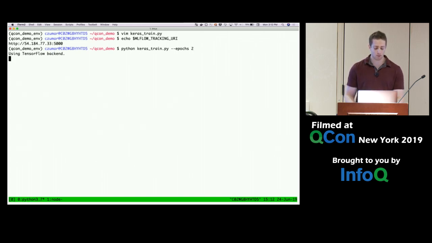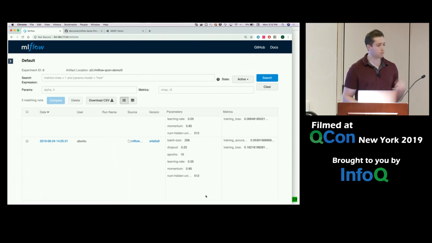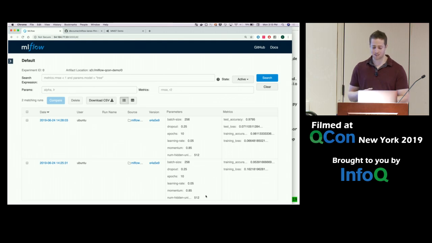While this runs, I'll hop over to the MLflow UI and provide an overview of how training sessions are visualized. I'll zoom in on this just a bit. Can everybody see this okay? Great. We see that we have a list of training sessions under a particular experiment. An experiment is simply just a collection of training sessions that are aggregated around a particular use case. We see that important metadata, such as the user who produced the model, is recorded here, as well as source code that was used to train that model, the set of hyperparameters, those batch sizes, dropouts, learning rate, for example,